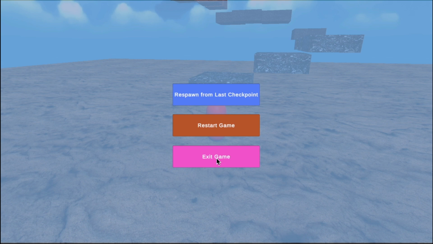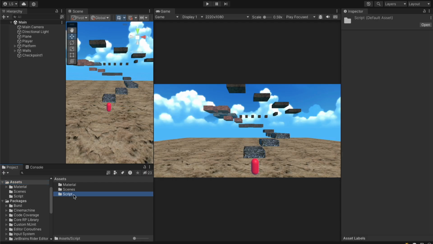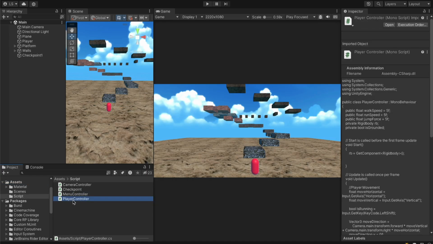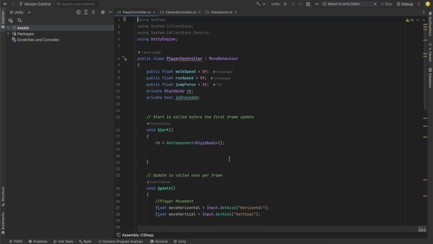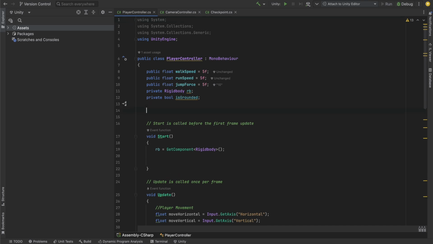We'll begin by making sure the player starts at the correct position. If there's saved checkpoint data, the player will resume from the last checkpoint. Otherwise, they'll start fresh from the default starting position. So to do that, open the player controller script in your code editor. We will update the player controller script to ensure the player starts at the last checkpoint or the default position